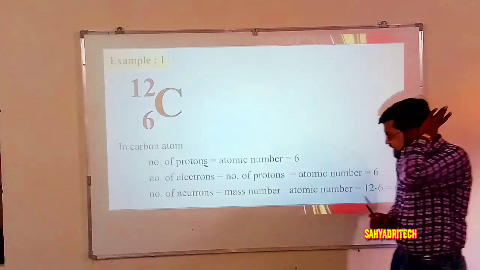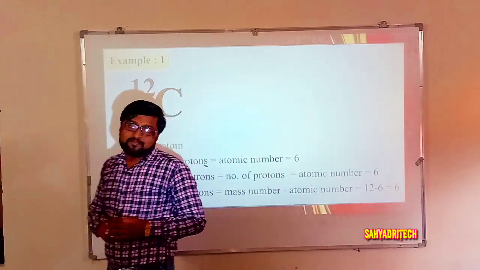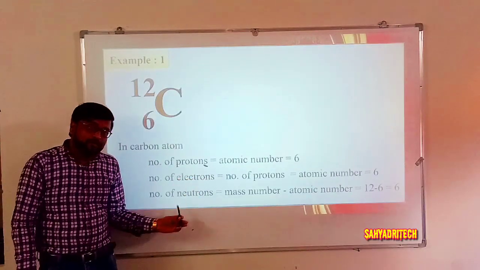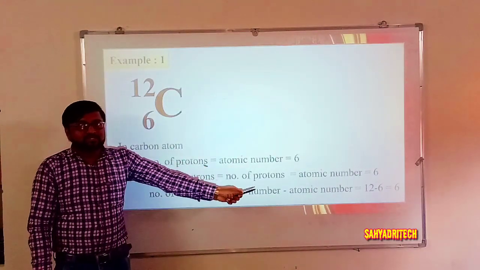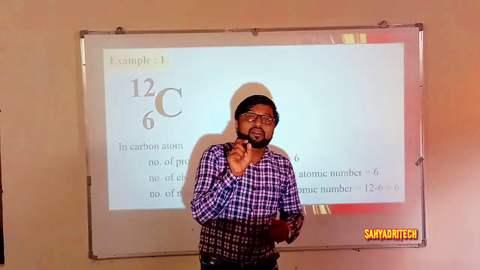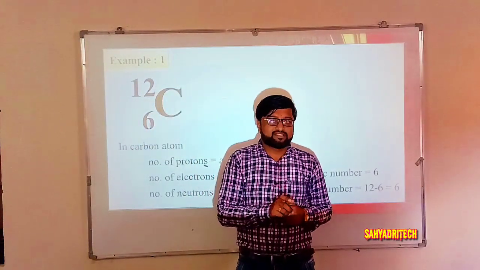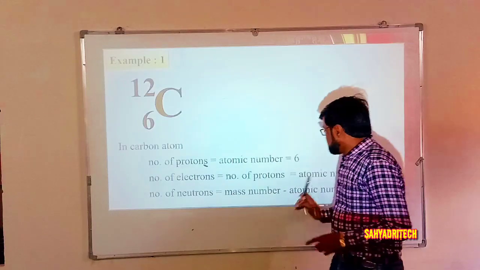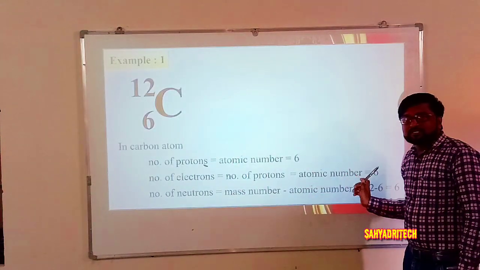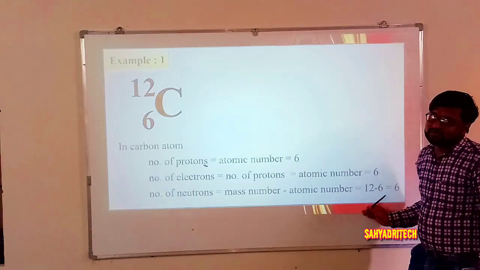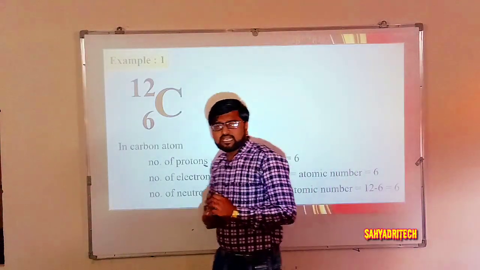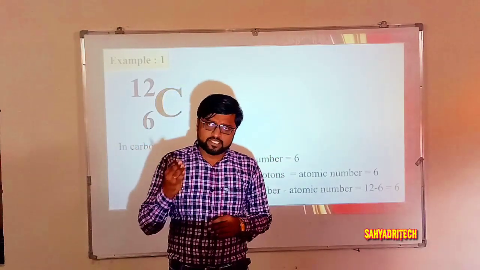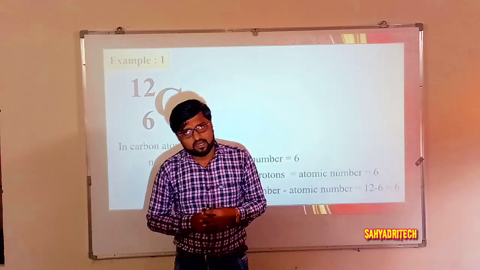So overall, what is the conclusion here? A carbon 12 isotope contains how many protons? 6 protons. How many electrons? 6 electrons. How many neutrons? 6 neutrons. Then what is the total number of fundamental particles? Total number of fundamental particles present in carbon 12, that is 6 protons plus 6 electrons plus 6 neutrons. What is the answer? 18. As like we have to calculate the fundamental particles, either individually or else according to the question asked.